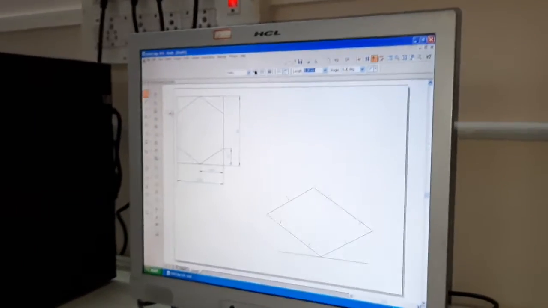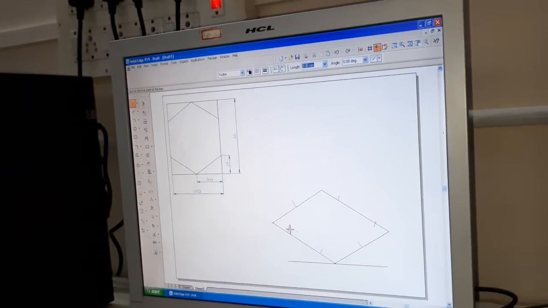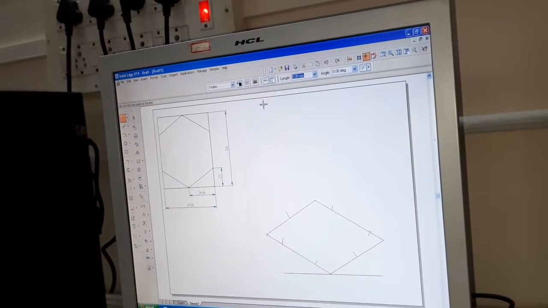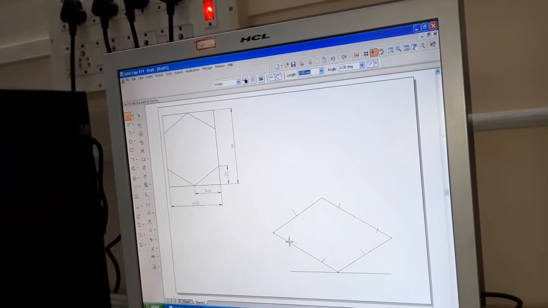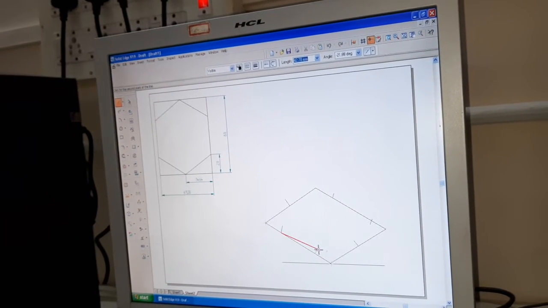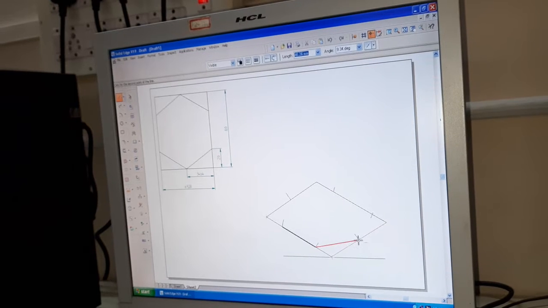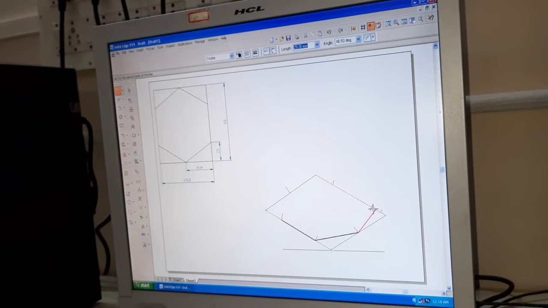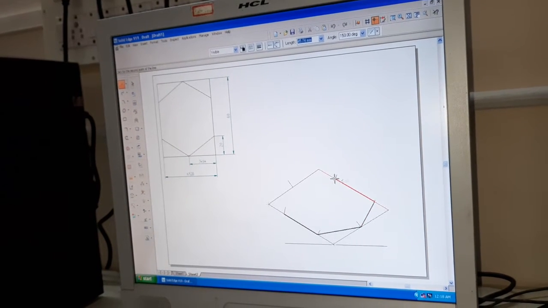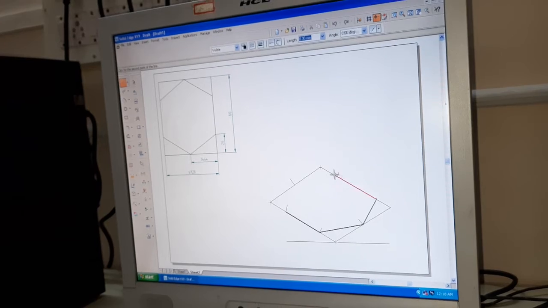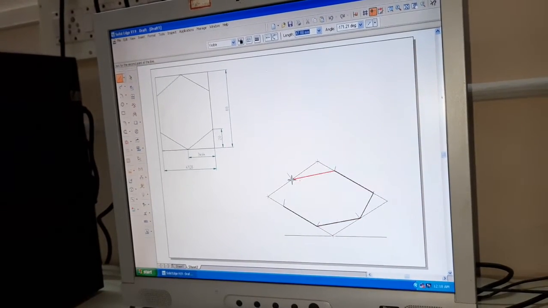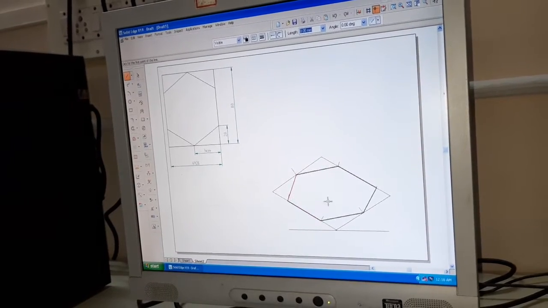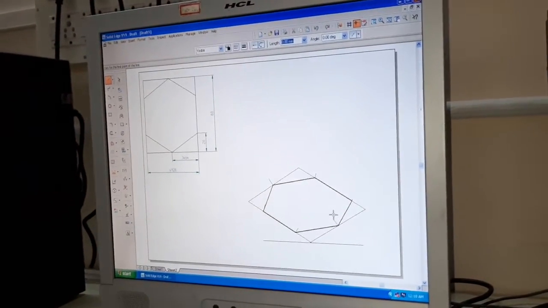Now we have got the 6 points of the hexagon. Let us join these points with a thick line. Now the hexagon base is ready.